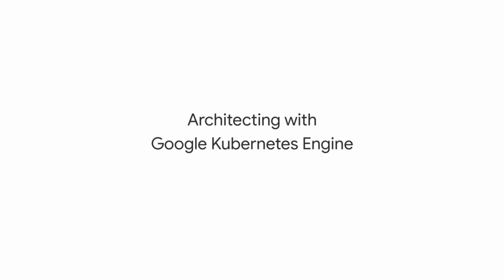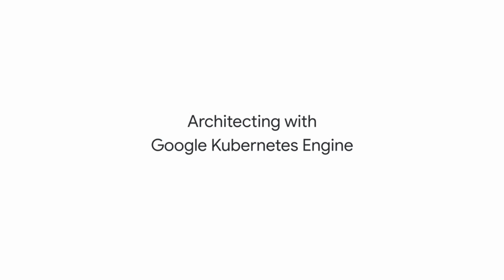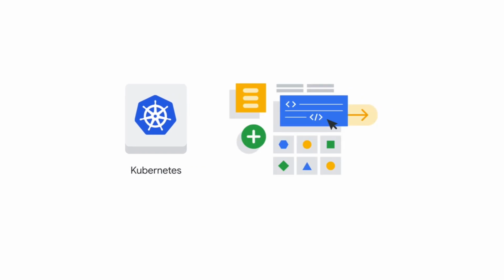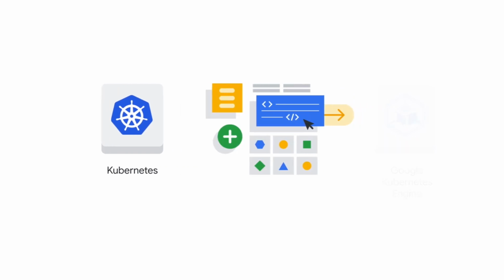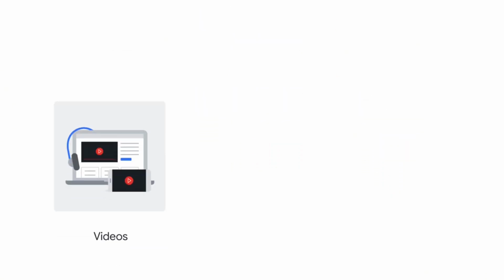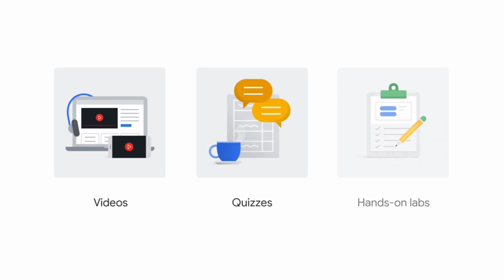That's where this course, Architecting with Google Kubernetes Engine, comes in. Getting the most out of Kubernetes means understanding its architecture and best practices. We're here to introduce you to the tools to design robust, scalable, and secure applications using GKE. Through a combination of videos, quizzes, and hands-on labs, you'll get comfortable with GKE architecture and practice building your own